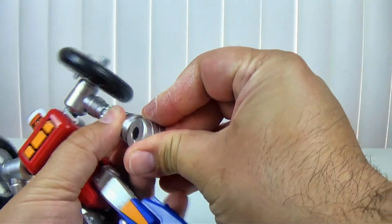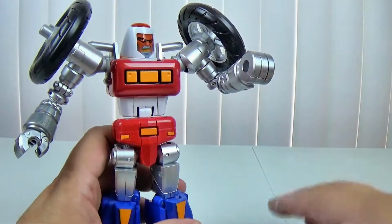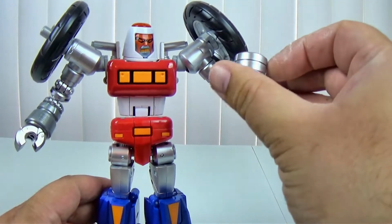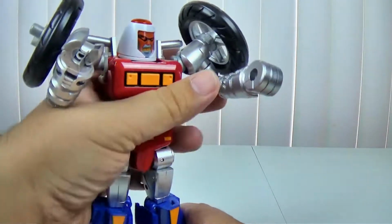And then you just put that in, and you've got his blaster hand, because the GoBots didn't have guns, they just had blasters. So actually I think it's like this. His blaster hand, and you got his open grippy hand here. And then you can